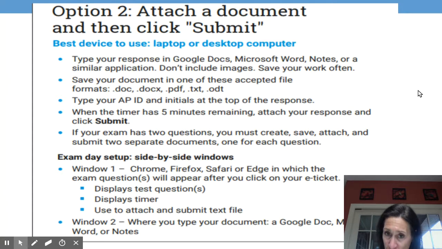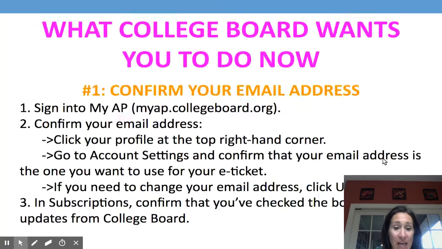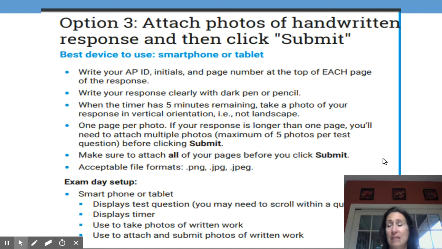You'd have your 5 minutes remaining. If this is what you're doing, you absolutely need to make sure you use all 5 minutes to upload the response. If your exam has 2 questions, you must create, save, attach, and submit 2 separate documents, one for each question. And then again, exam day setup, you'll have side-by-side windows. And then the last one,